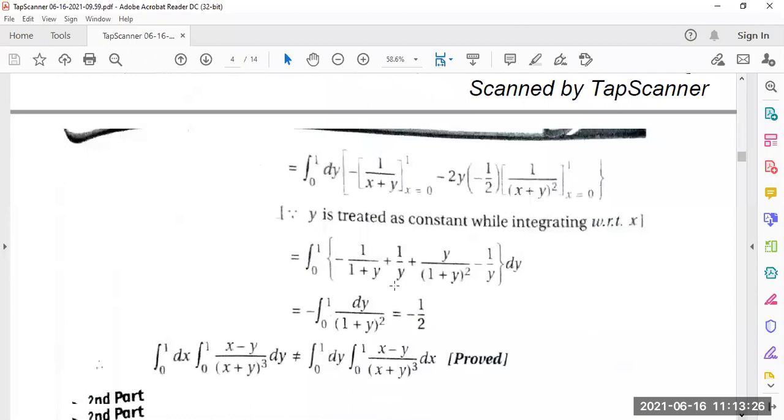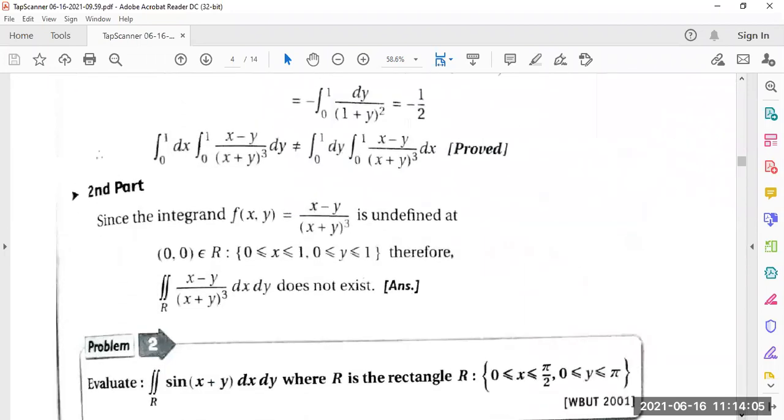So after that, we have to integrate with respect to y here. So 1 by y and minus 1 by y is cut. Here minus 1 by (1 plus y). After getting this, the minus sign is here. So after putting the limits of this integral, it is coming minus half. Previously for the left hand integral, it was plus half. For the right hand integral, it is minus half. So from here, we can say that the values of both integrals are not equal. Is it clear to everybody? Yes, sir. No, sir. Then we are going for the next part.